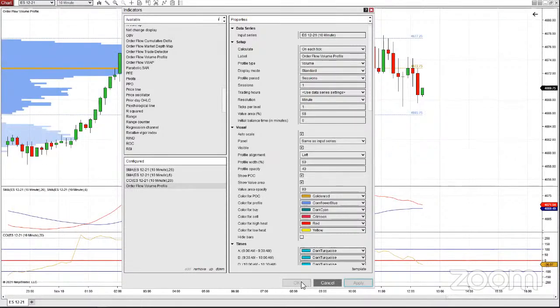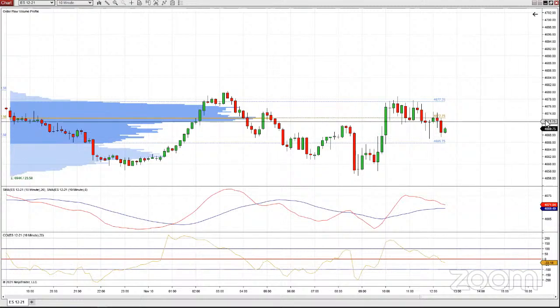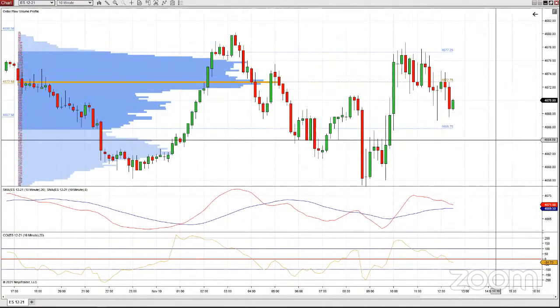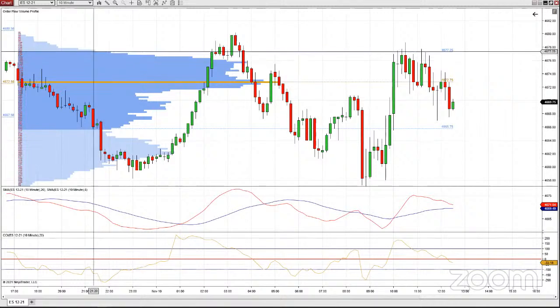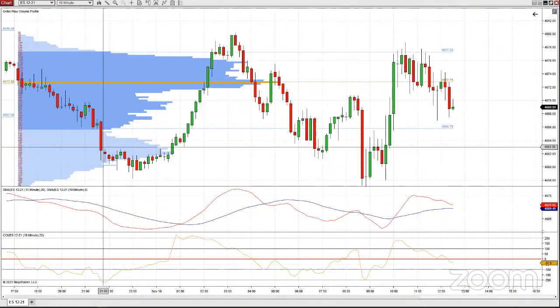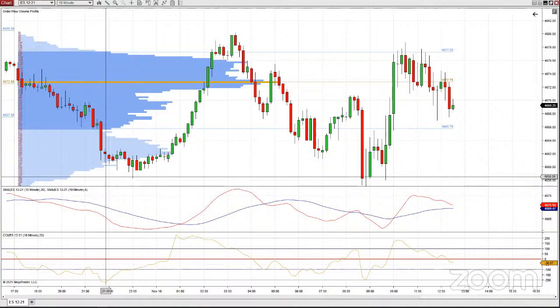I'm going to apply and okay, and it's going to add this volume profile on the left of the chart. I could put it on the right of the chart. I could change the colors. I could do all that stuff. Okay, and what these histogram bars are, these just show how much volume is traded at any given price. That's all this shows. And I started it when the market opened up last night. Remember, these are 23-hour markets.